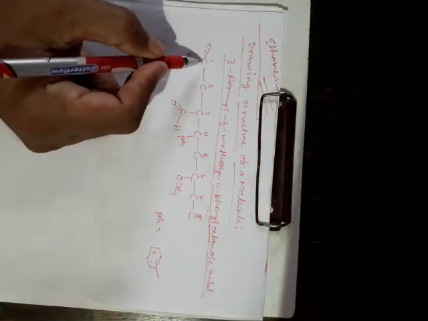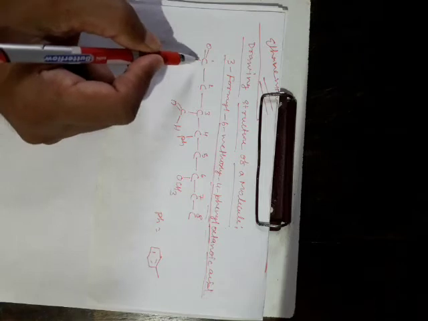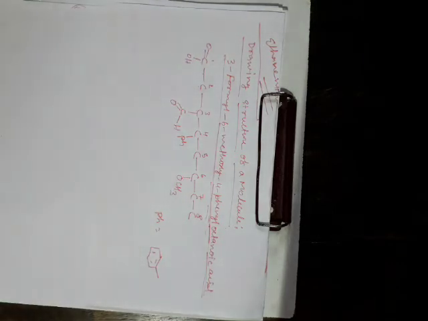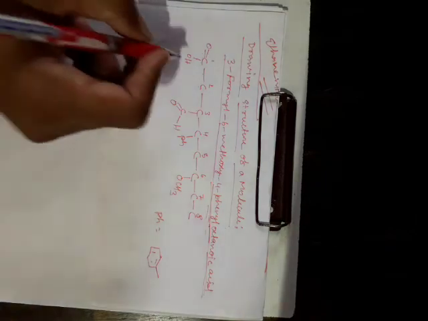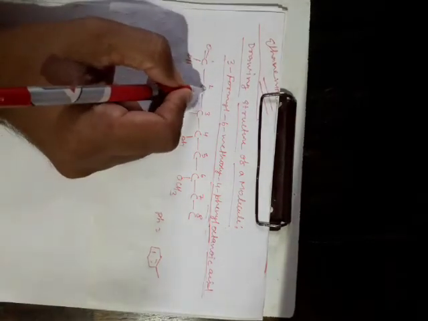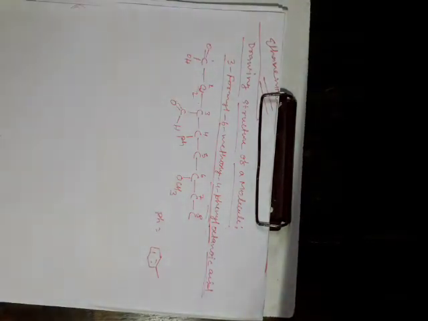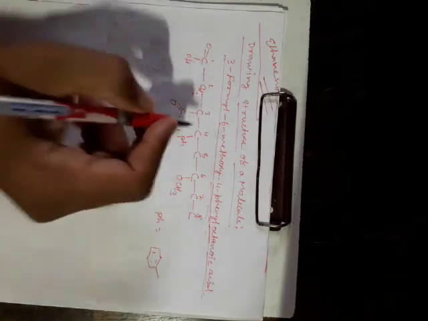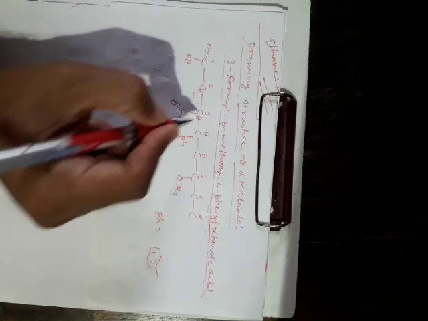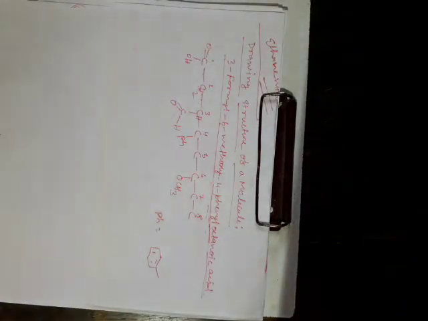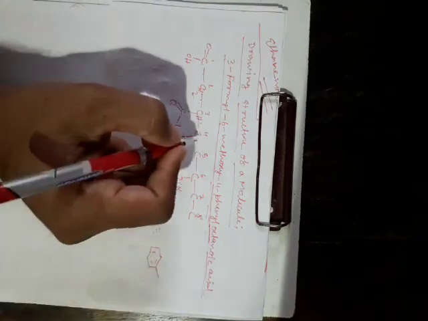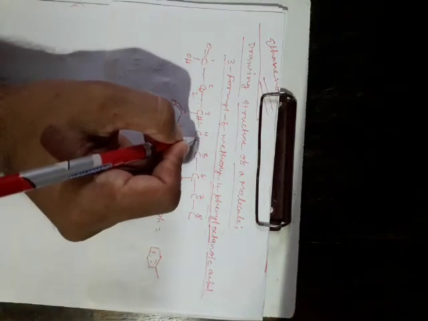For example, this carbon has four valencies, 1, 2, 3, 4, so the tetravalency of this carbon is completed. This carbon has 2 carbon atoms, so 2 hydrogens should be attached to complete the tetravalency of the second carbon. This carbon has 1, 2, 3 valencies. Now 1 hydrogen is added to complete the tetravalency of carbon 3. This carbon has 3 valencies, so this carbon also requires 1 hydrogen atom.